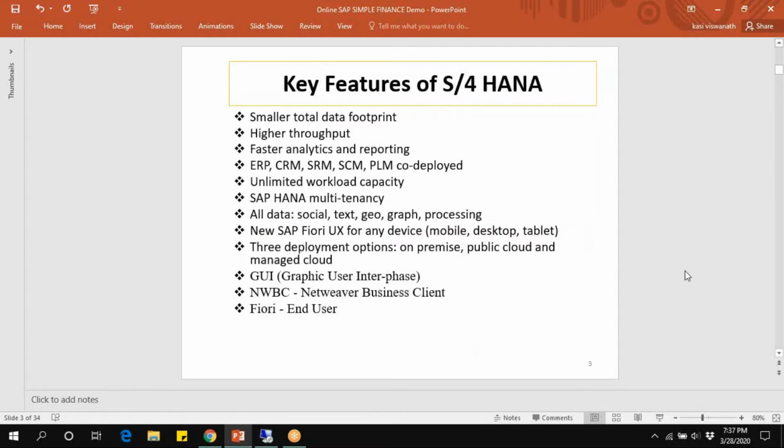So the key features of S4 HANA Finance. In ECC, the features are platform independent, database independent, language independent, currency independent, client server technology independent.